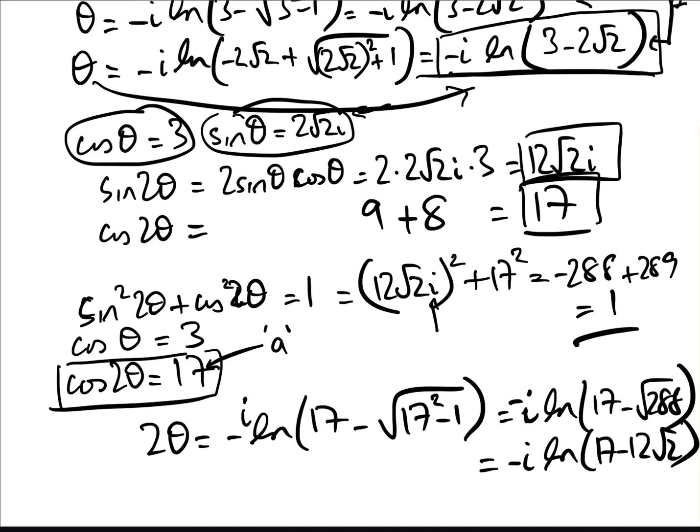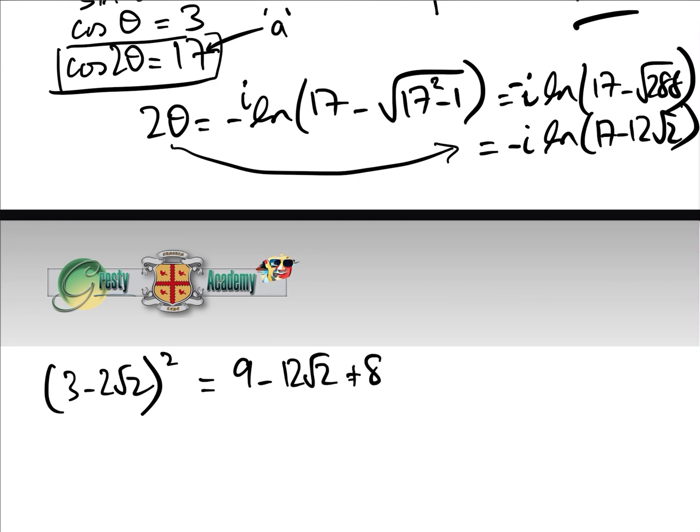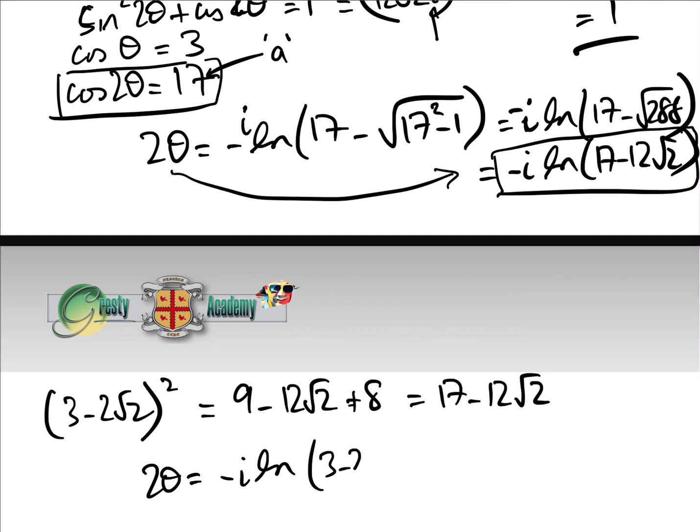So we know that theta is minus i log 3 minus 2 root 2, and we've just shown that 2 theta is minus i log 17 minus 12 root 2. We've got to think, hang on a sec, is that correct? So let's have a look. Well, if we look at 3 minus 2 root 2 squared, that comes to 9 minus 12 root 2 add 8, which equals 17 minus 12 root 2. So therefore, we can rewrite this as 2 theta equals minus i log 3 minus 2 root 2 squared, and therefore that equals